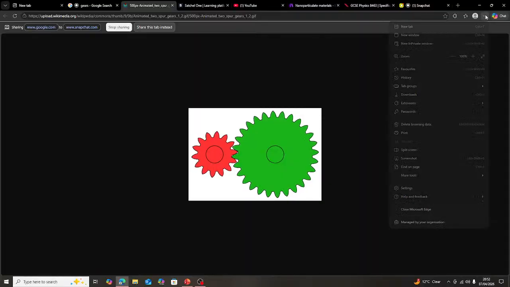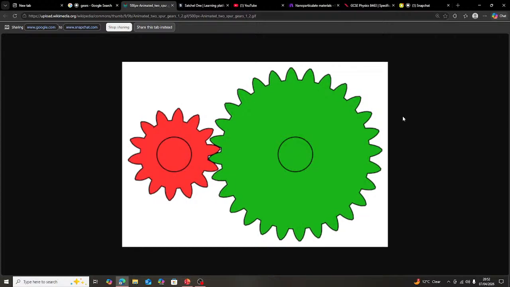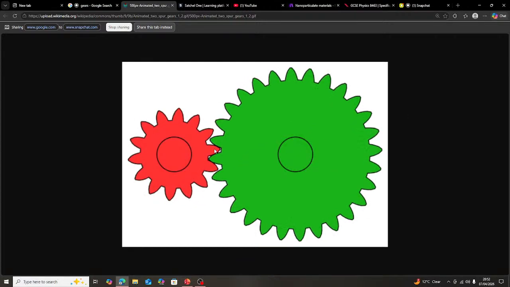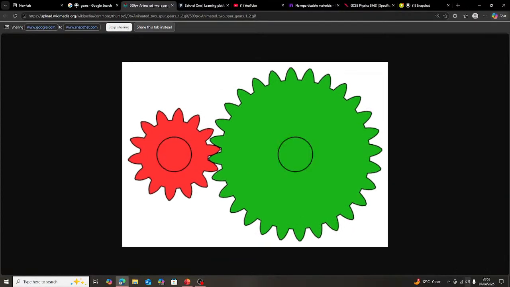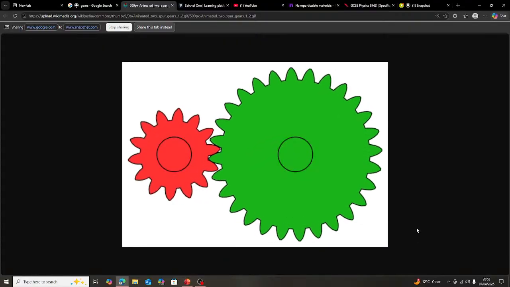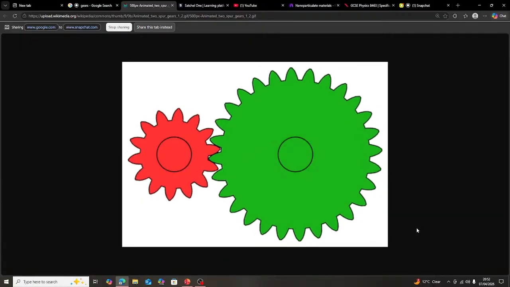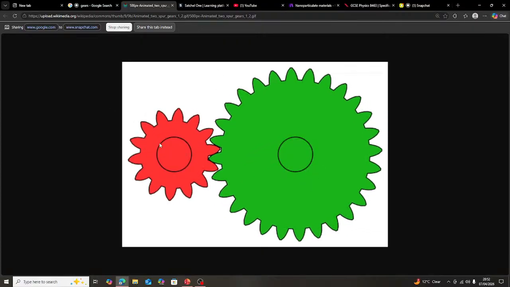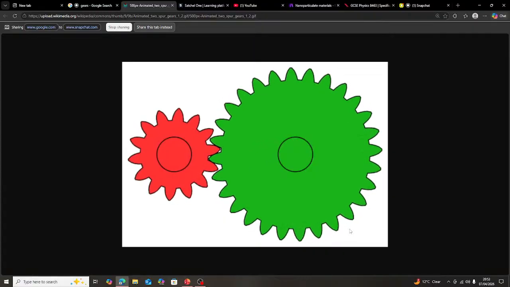All right, so we've got two gears here. Tell me what's happening. Let's say this one's A and this one's B. Gear A is rotating 2 times more than gear B. No, gear B is 2 times. Wait, which one is gear B? This one's A, this one's B. Wait, A is the green one. Yeah.